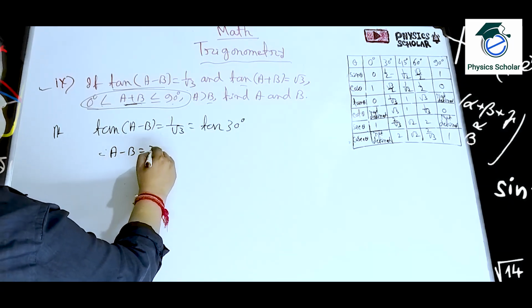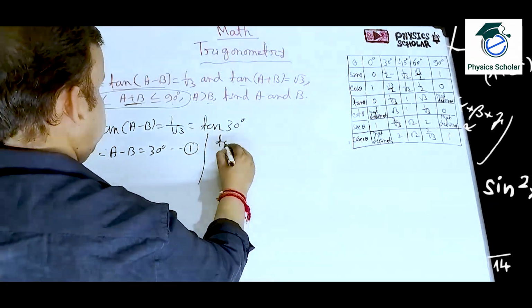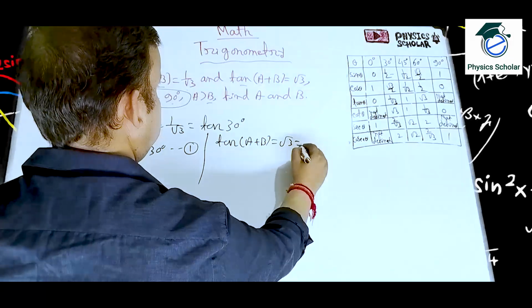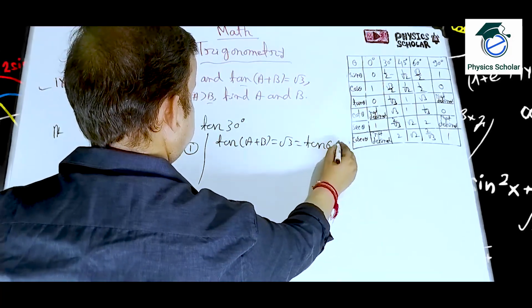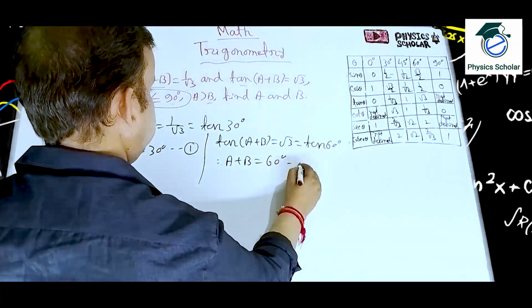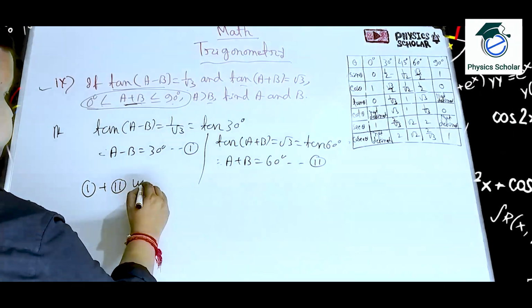A minus b is equal to 30 degree. It is equation number 1. Again, tan of a plus b is equal to root 3, which is equal to tan 60 degree. That means a plus b is equal to 60 degree. Equation number 2. Now, adding 1 and 2, we get